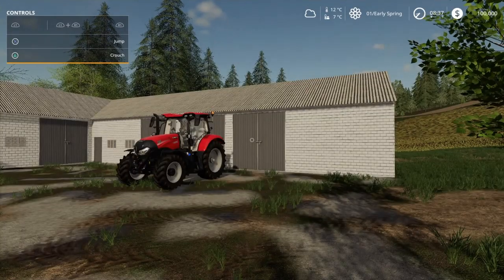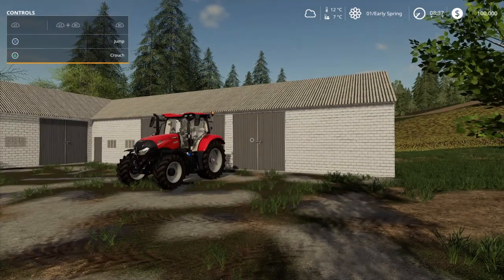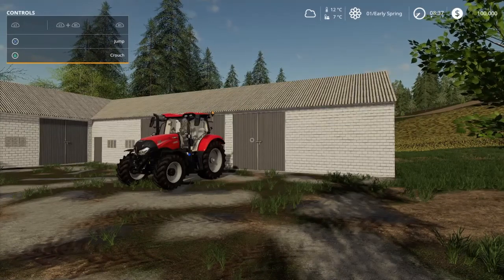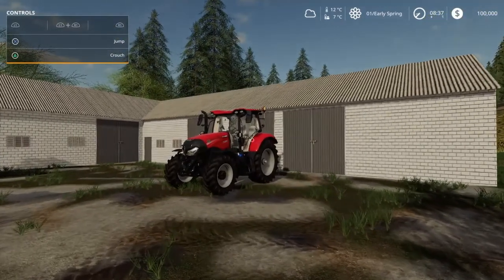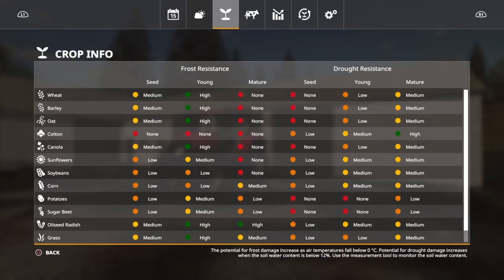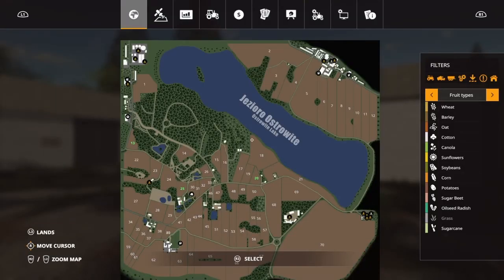It doesn't say in the mod hub on the website if it's seasons ready or not, if it's precision farming ready or not. So I brought both of them with me, and you can see I have a season on. I have the seasons menu, so I'm assuming that it's seasons ready. Looking at the map,